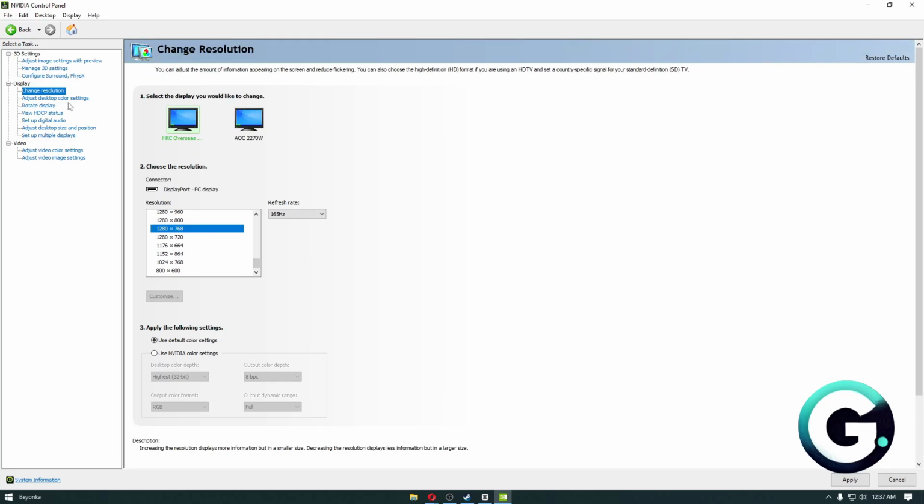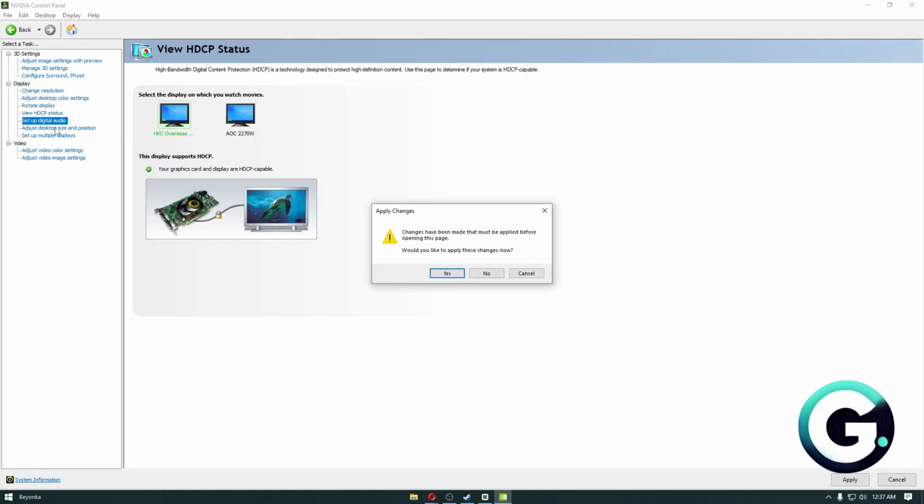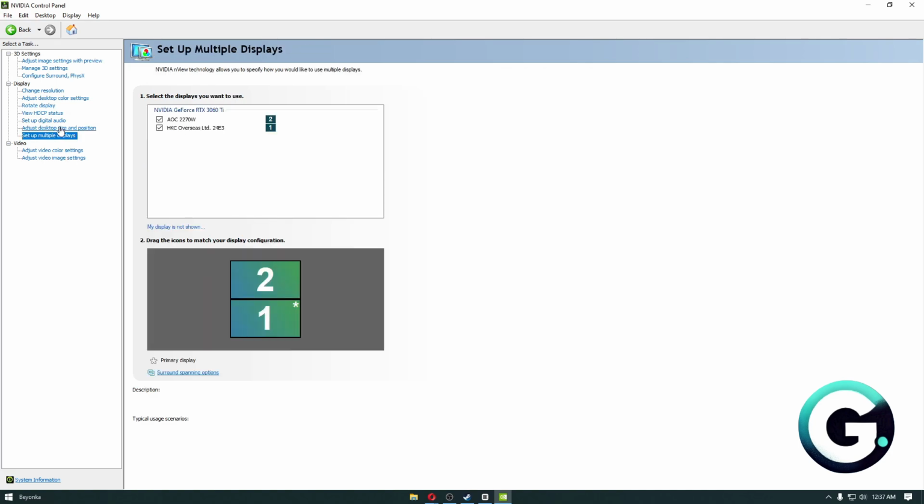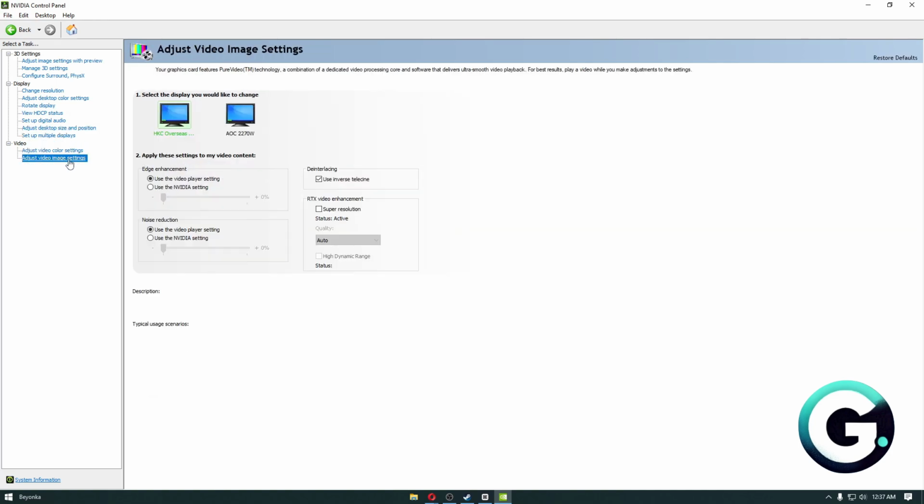out of it. Now from there, there's not much settings that we can go ahead and edit right here, but basically that's everything you need to know in order to get the best results for FPS and optimization for your